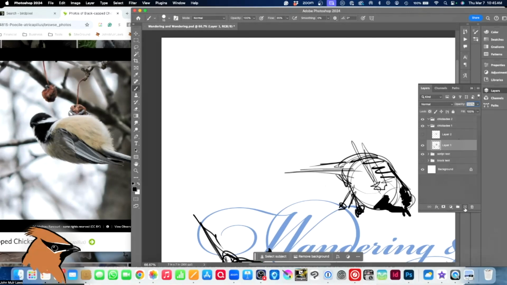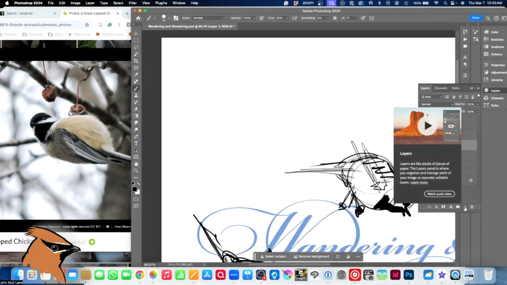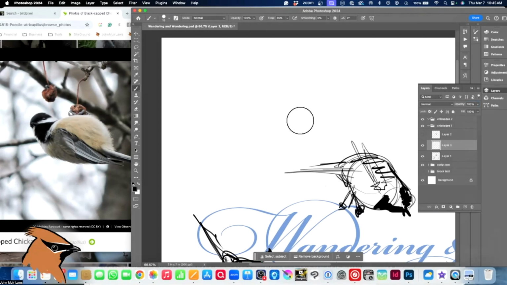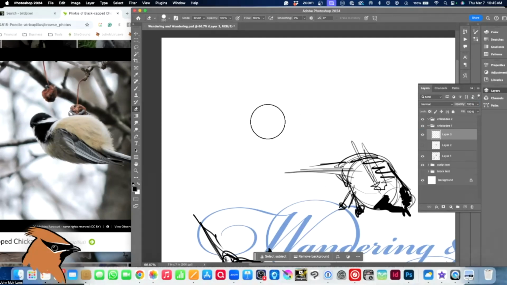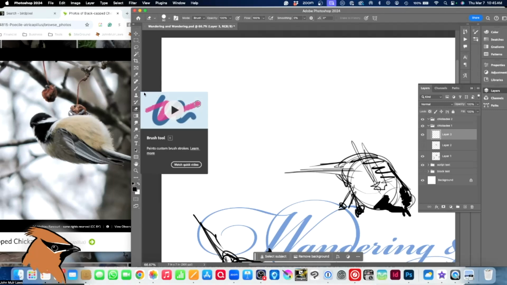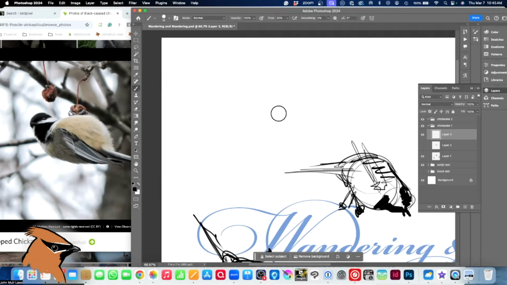And I'm going to give myself a new little drawing layer. If you're drawing in Photoshop or something like that, there are all these layers that you can use to help you construct your drawing. So, for instance, with this little bird here,